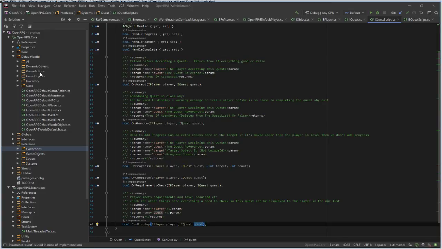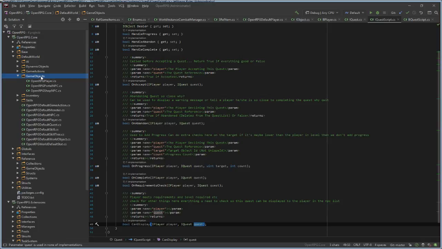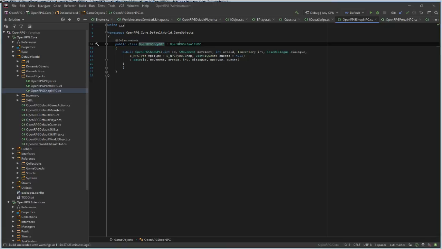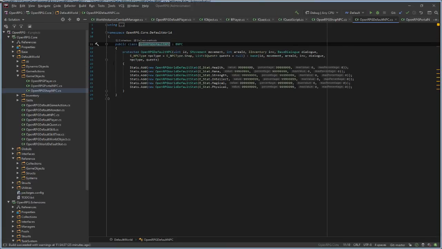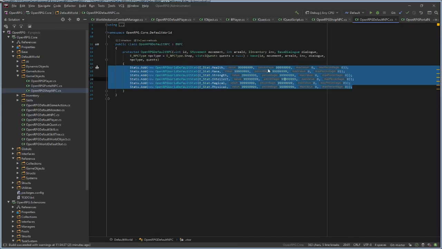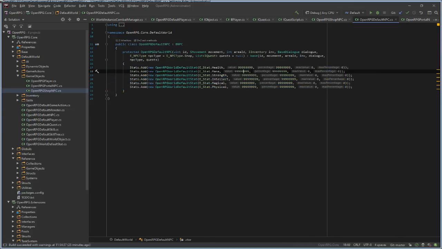See how it works here. Yes, shop NPC. There is also portal NPC. They all go back to the default NPC. Default NPC has stats that can one shot you, one shot anybody.